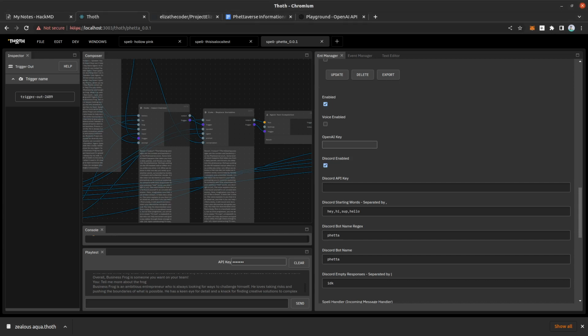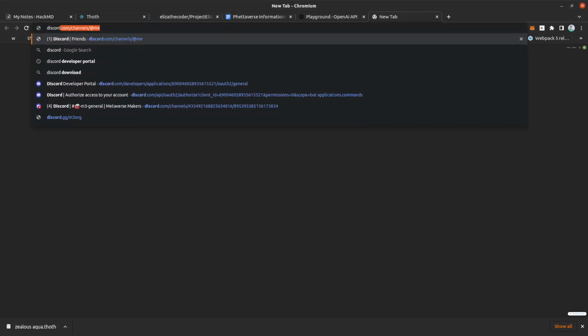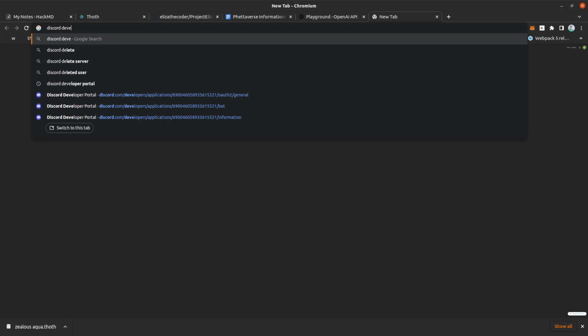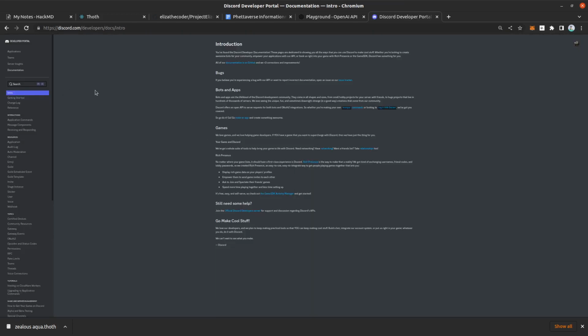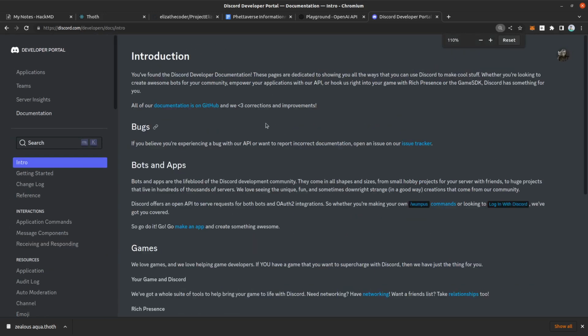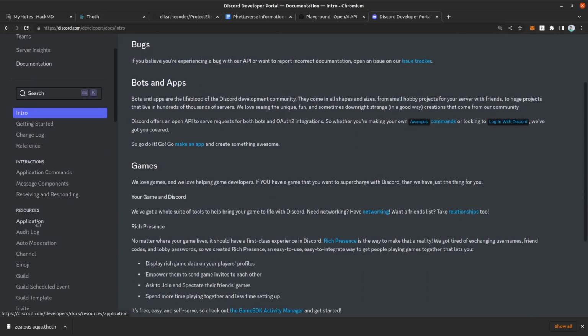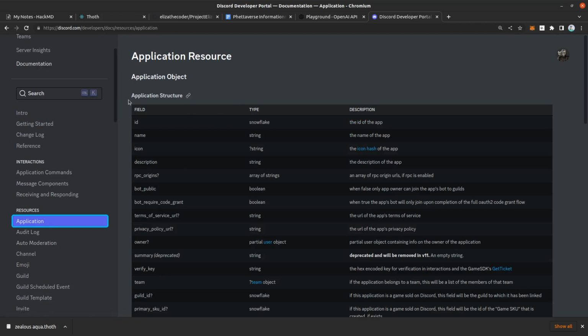Okay, so the Discord API key, you're going to have to go to the Discord developer portal and sign up for this, and it just takes a second. It doesn't require anything special. Anybody can be a Discord developer. You're going to see the docs here, and you're going to have to go down and make a new application. You can go to resources,